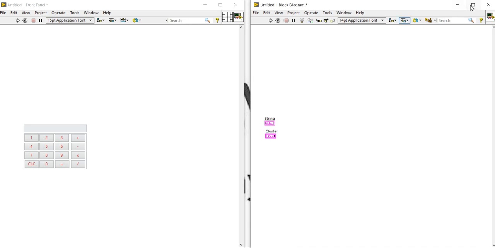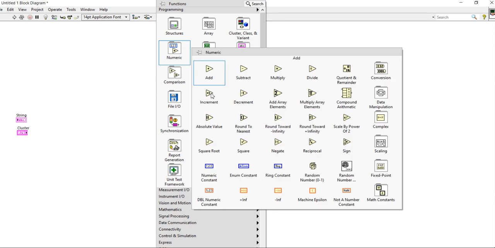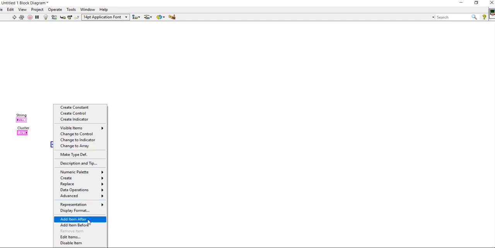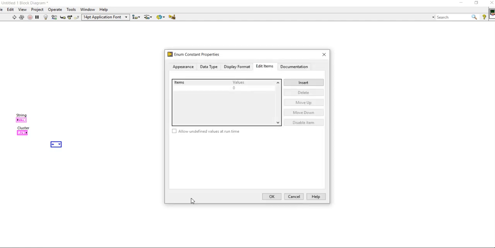So come into the block diagram, right click, and take one enum constant. Right click, edit item, and insert here: no function, add, sub, multiply (mul), and divide.